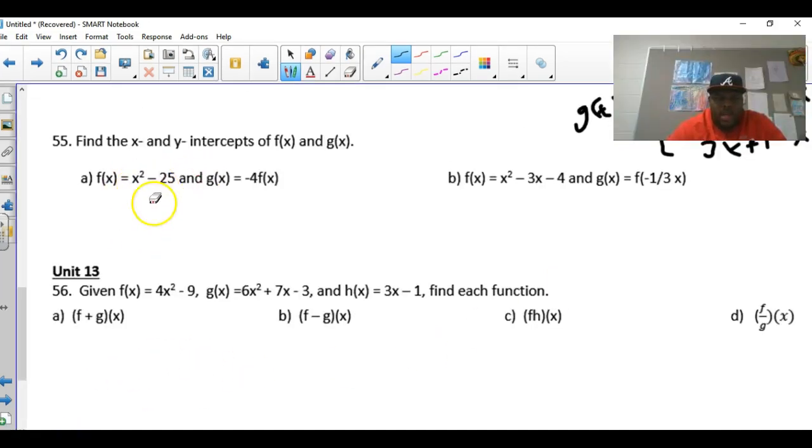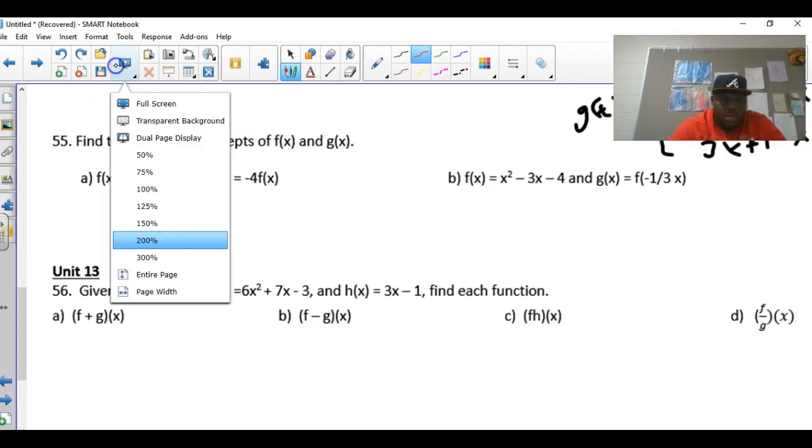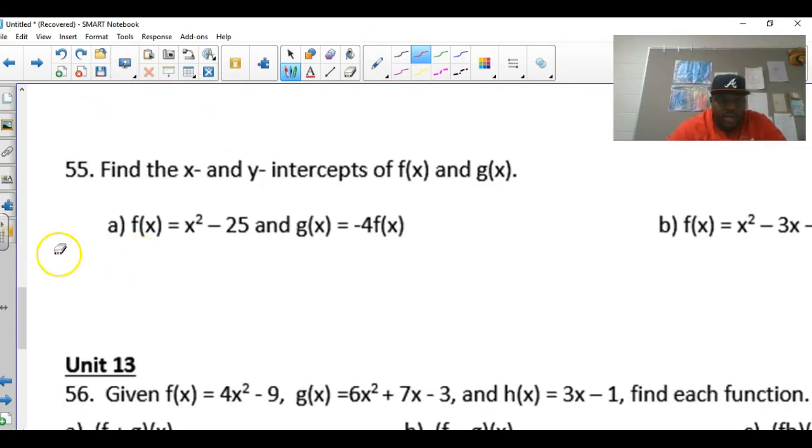Now, finally, guys, 55 here, we've got to find the x and y intercepts of f of x and g of x. Well, for f of x, what we're going to do here is find the x and y intercept. You can use your calculator for this, guys. To find the x-intercept, you will make y 0, so 0 equals x squared minus 25. You'll add 25 over to the other side, and then take the square root on both sides. So you'll end up with plus or minus 5. So the x-intercepts here are 5, 0